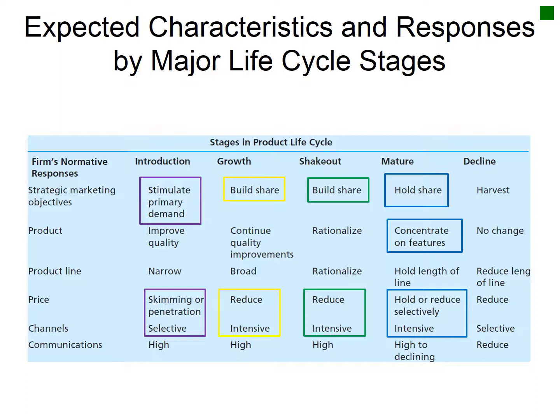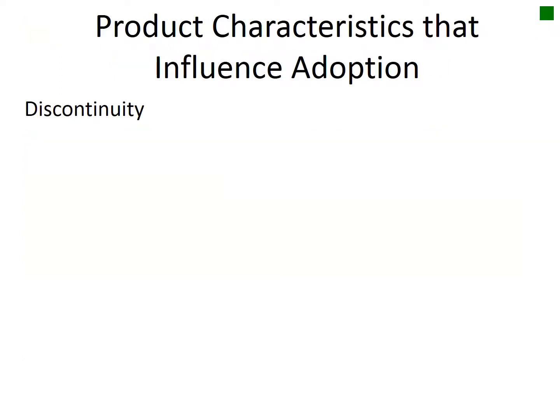And again, at this point, we want to maintain our market share amount, and then we go into the decline stage, and we want to begin to divest and reduce the length of our product lines. We want to harvest, which would be we want to go ahead and sell off areas of our product that are still there, and so forth. So those are the various stages. Those are the elements of the various stages that we have to offer.